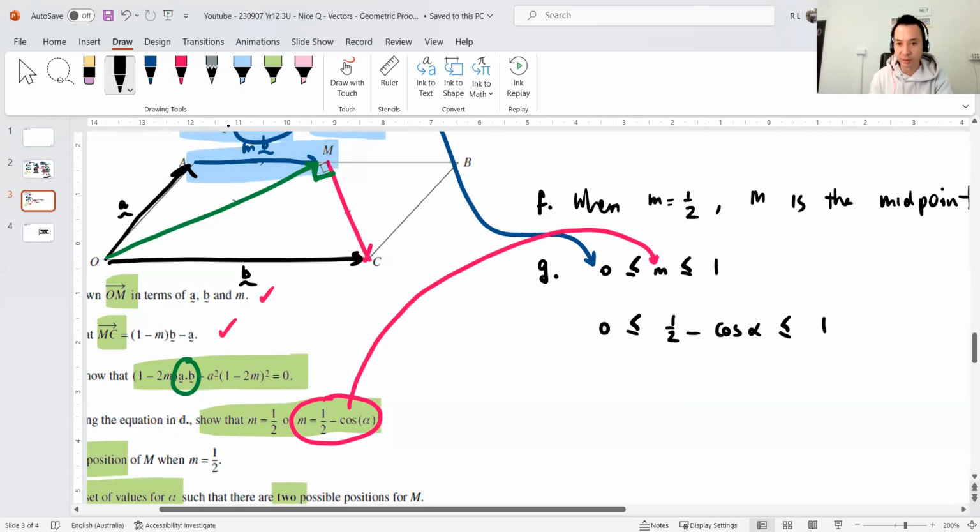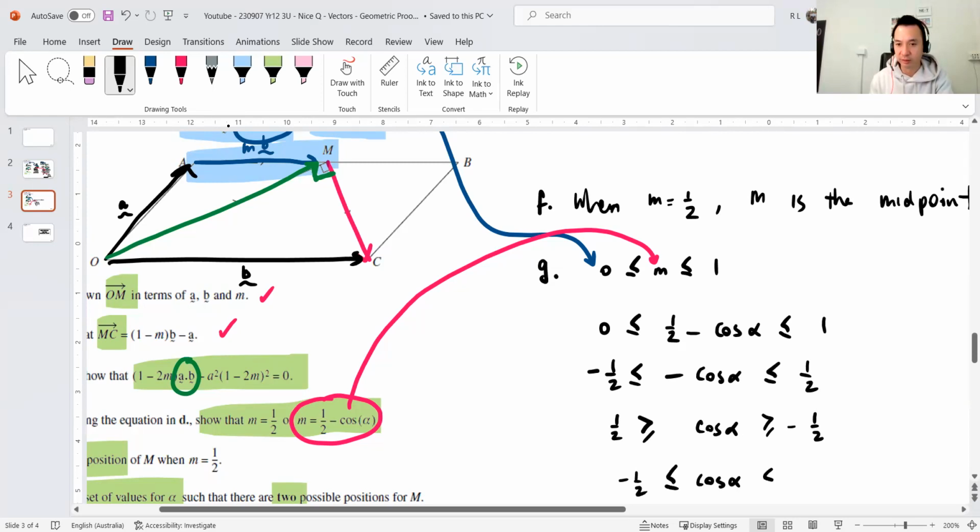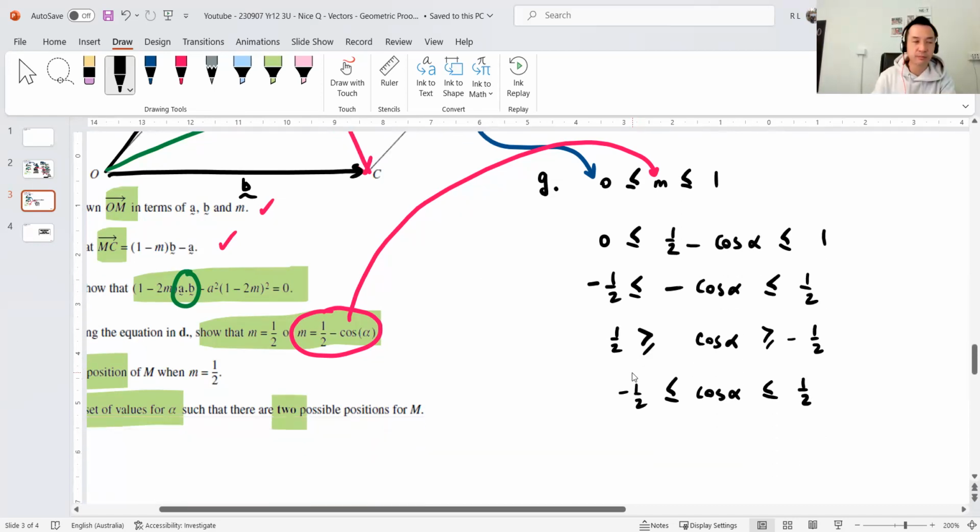Now, minus half to both sides, that's then equal to minus cos alpha. Divide by negative, so the signs flip. So it's greater than negative half, less than half, which basically means the negative just goes away. Now, once you get there,